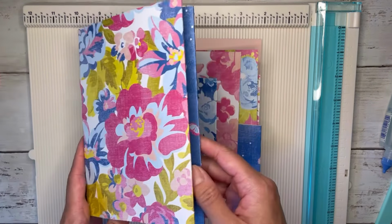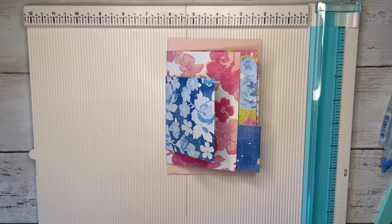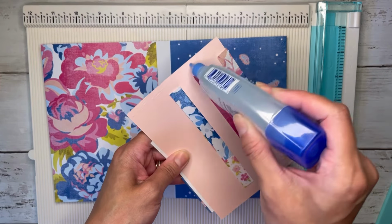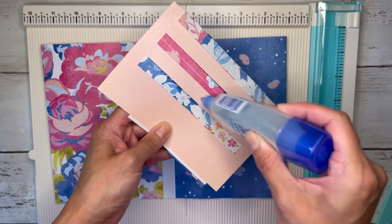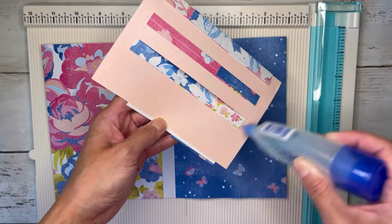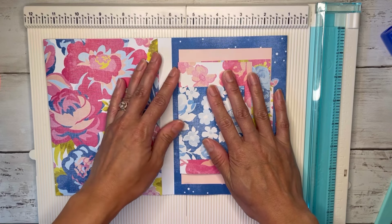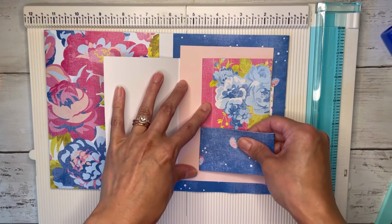But since I made this one here, I'm going to just glue it inside here. And you could even create another one of these and glue it onto this side too, but this tutorial is already very long, so I'm just going to do one and then pretty much just glue the whole entire piece. And then I'll just stick it right onto this page. Maybe I'll just stick it here, so that way